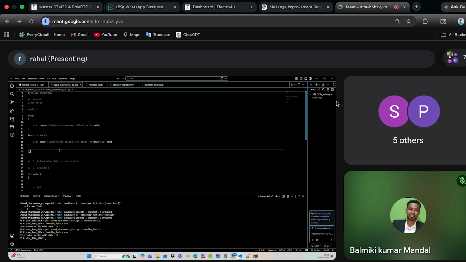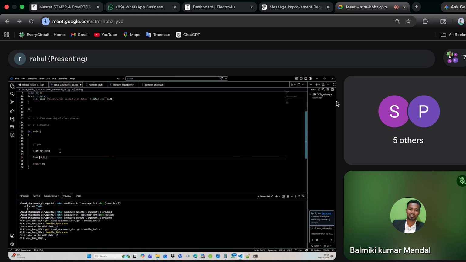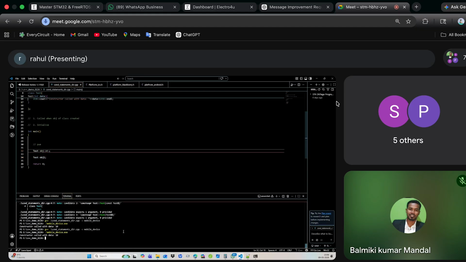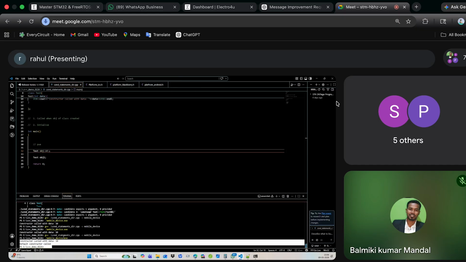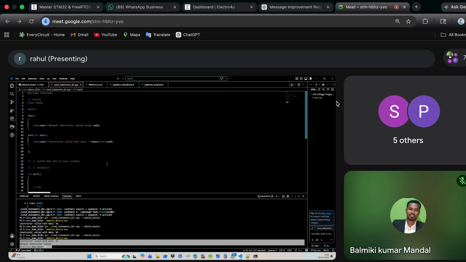If you want to trigger the default one, you should create another object here. If you compile it, both will get called. So per object, only one constructor type will be initialized and called. That's how the default and parameter constructors work.